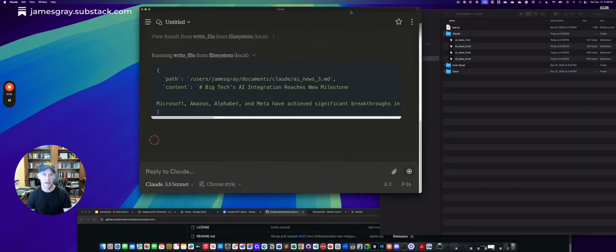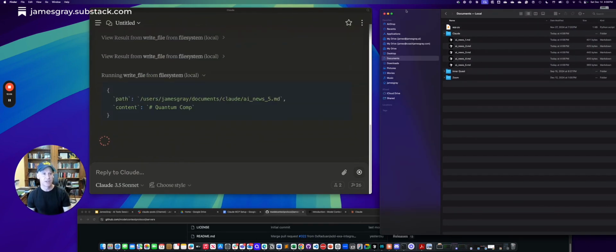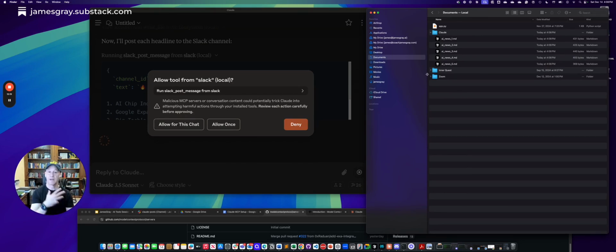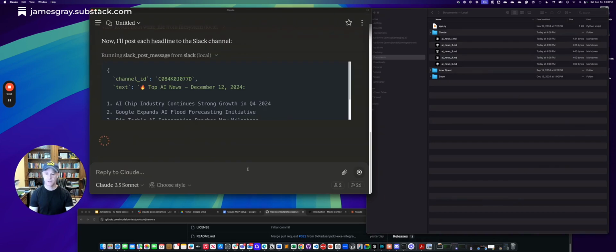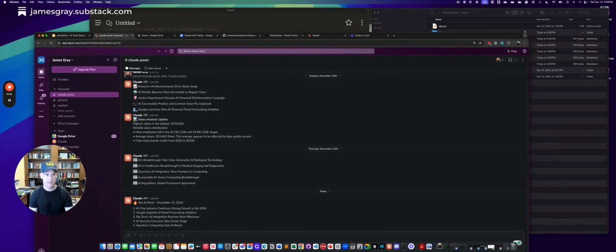We're going to look at what's going on here, which is what we have on the right. You'll notice on the right we've got some files that are being created, AI_news_1 Markdown. So those files have been created on my desktop. Now I've given Claude access to the documents folder on my desktop, and I'm going to show you how to configure that. And then the final thing, I'm going to enable Claude to go and create some posts.